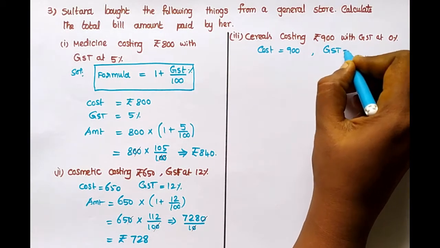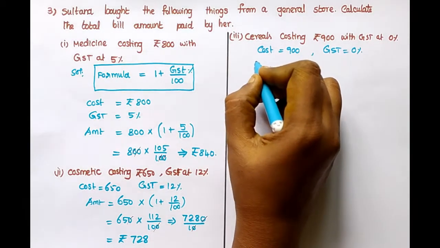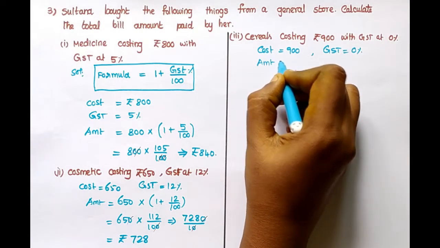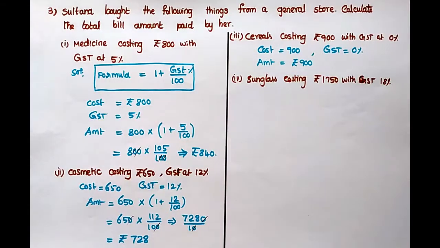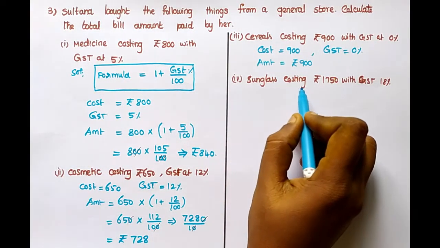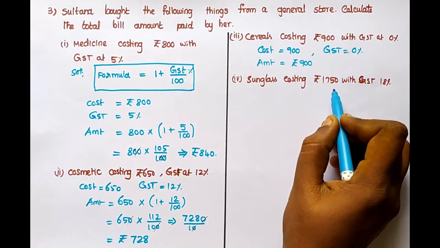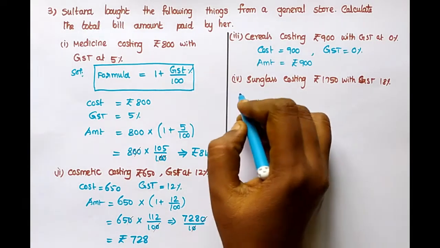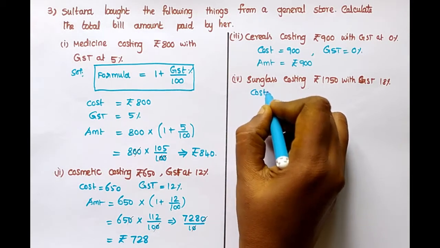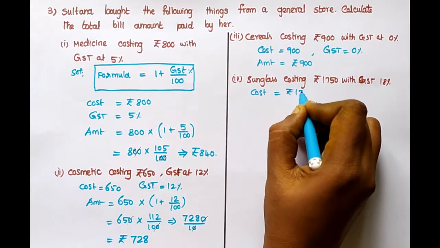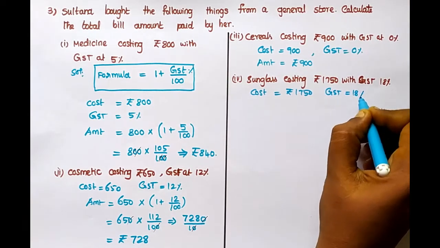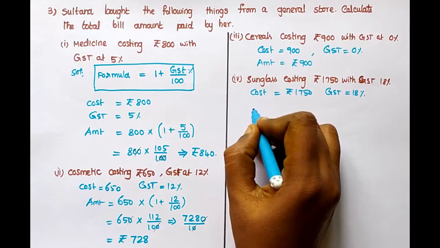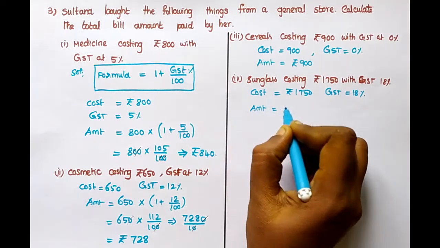GST is 0%, so the amount is the same, rupees 900. Fourth one, sunglass costing 1750 with GST 18%. So cost equal to rupees 1750, GST is 18%. So amount equal to